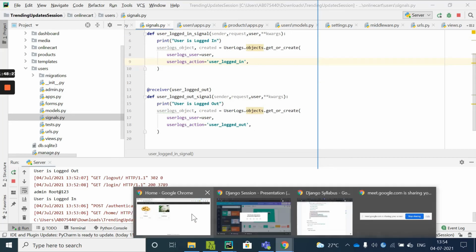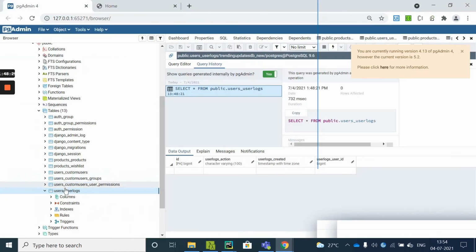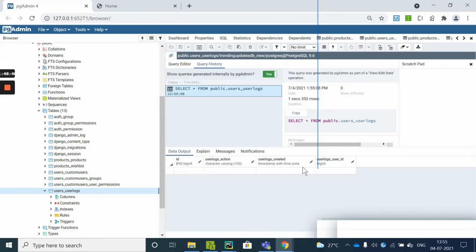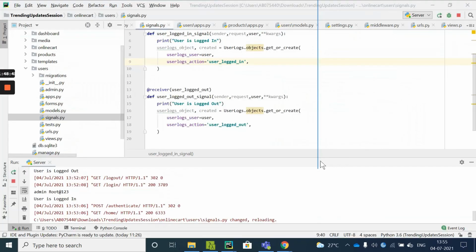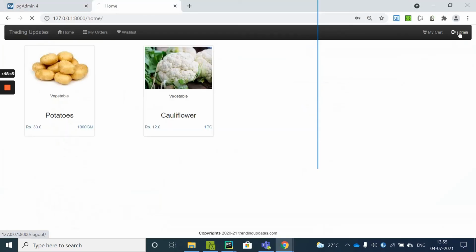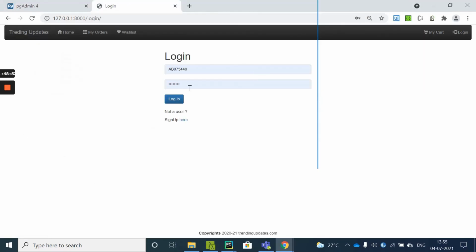Now if I show you first my table, it looks empty like this. There is nothing in this table as of now. We are going to store some details based on these signals. So how we do that is just come over here and log out from the system. I logged out from the system.